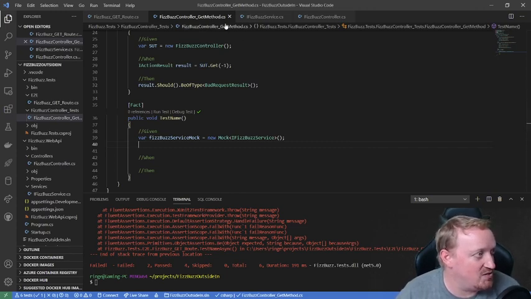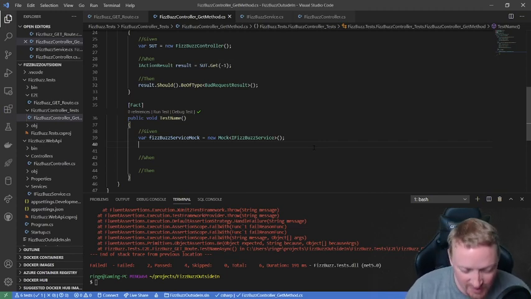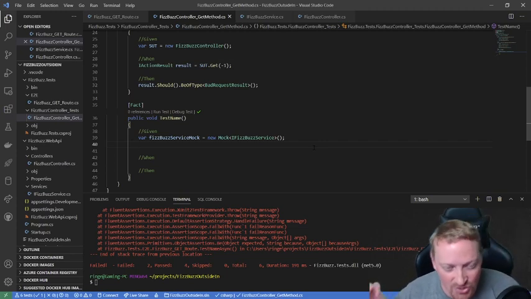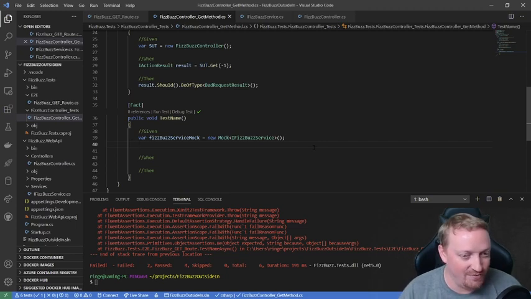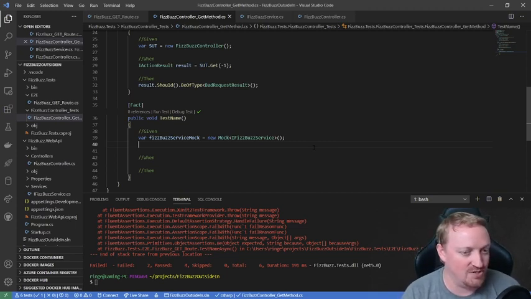This test suite, or this test class, I should say, is about the FizzBuzz controller. So from the perspective of how my FizzBuzz controller is behaving, I want to make sure that the FizzBuzz controller is calling on the method on my service. That's a collaborator test. I'm testing the collaboration. I'm testing the behavior of my controller, that it is going to, in fact, call on the service to find out the answer, not that it is going to answer the problem itself. So what I need to do then is to go ahead and pass in or set up my mock